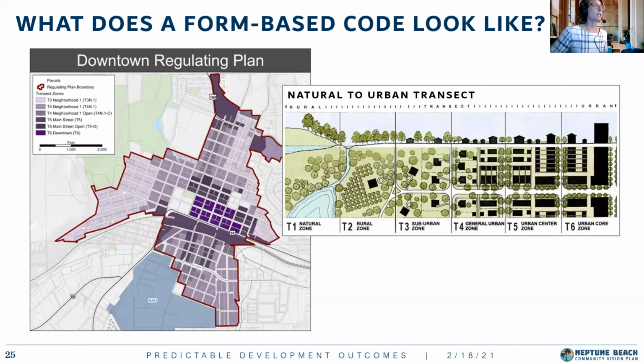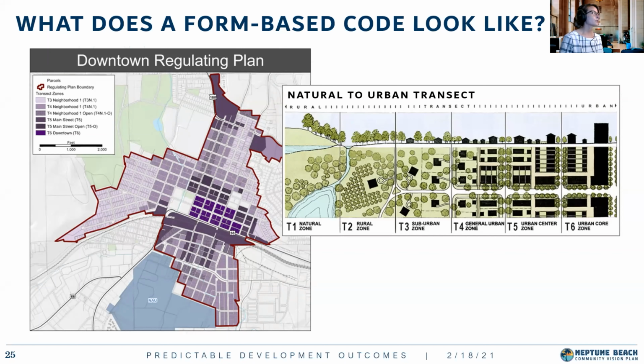So a form-based code has several elements. Just to show you what an actual code may look like, on the left is a regulating plan, which is a form-based code's equivalent to a zoning map. It's much more detailed than a zoning map. So the area you see on the left, in a traditional conventional code, that would probably be painted all with one color, say central business district.